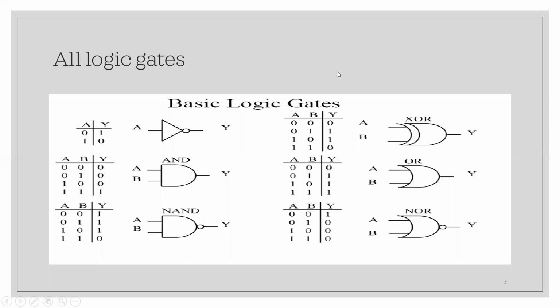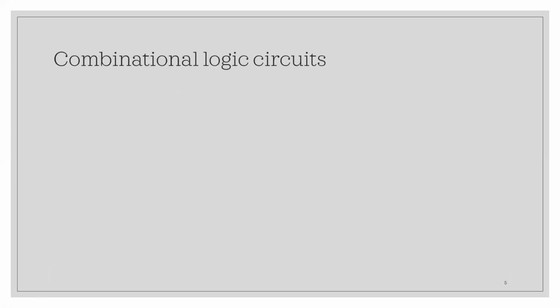So in continuation with the previous class, let us move ahead. Yesterday we discussed what is meant by combinational logic circuits and what is meant by sequential logic circuits. As discussed yesterday, a few of you answered the same thing, that combinational depends on the present input, whereas sequential depends on the present input and the past state of that circuit. Because sequential depends on the past state, you have to store that information. So if you have to store, then memory becomes necessary in such kind of circuits. That is what we had discussed.